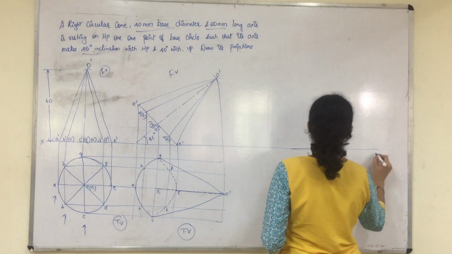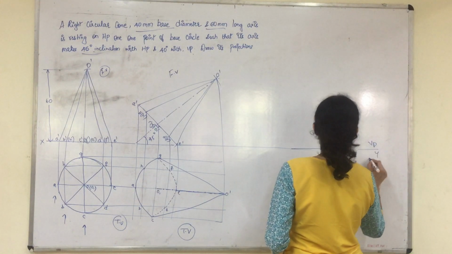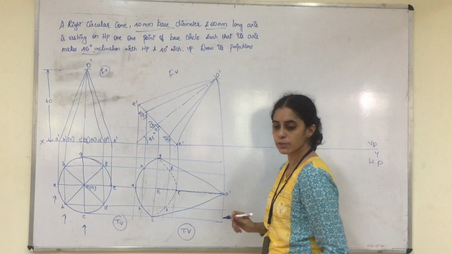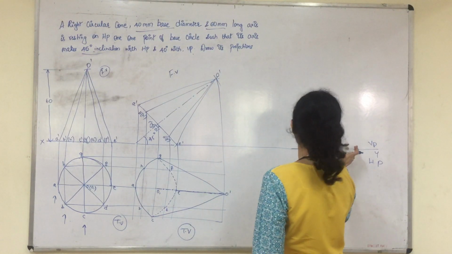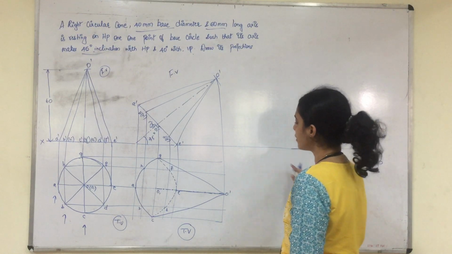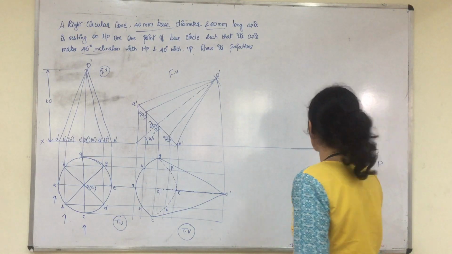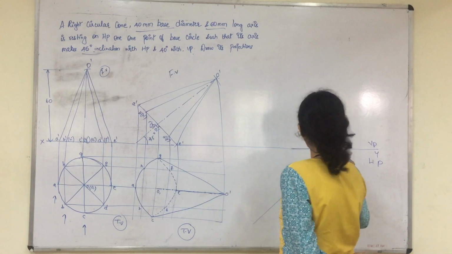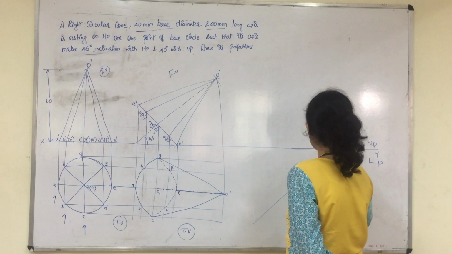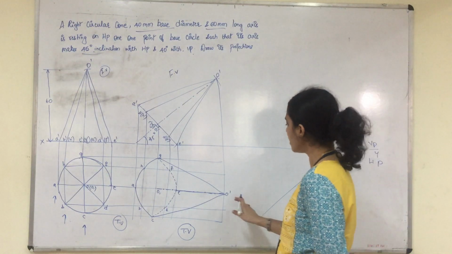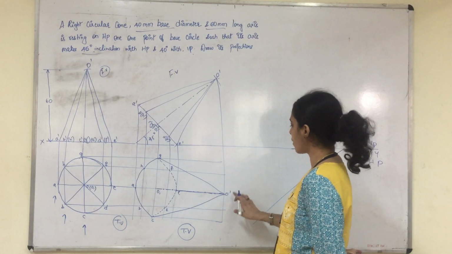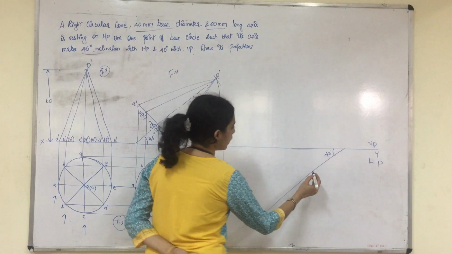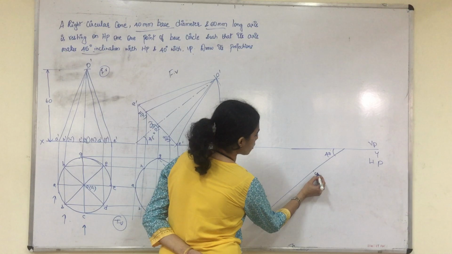Here the axis is directly inclined to VP. At what angle? At 40 degrees. So what we do is we will take either 40 degrees to VP this way or 40 degrees to VP in this way. So please take a 40 degree line and then show the VP inclination as 40. Before shifting, just fix the reference point O. Leave some space and then make a reference point O.